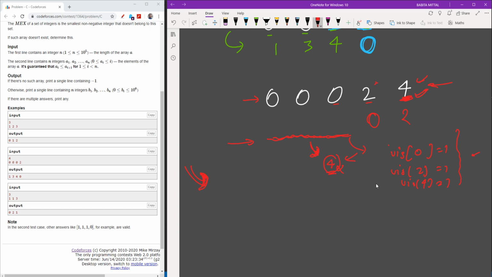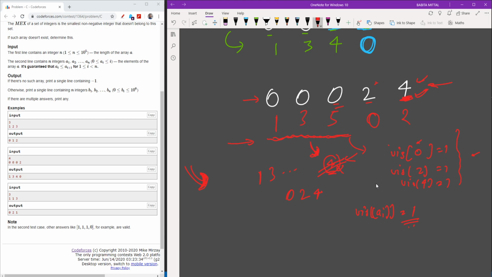And I'm proving it, but you have to go through all these steps one by one, so please stand by with me. Okay, so now I said that if my visited of A of I is 1, I will not have any of these elements. So I am not able to take 4 or 2 or any element. I am not able to take 4, I am not able to take 0, I am not able to take 2. So I am remaining with 1, 3 and so on and so forth. So I will just write 1, 3 and 5 here.